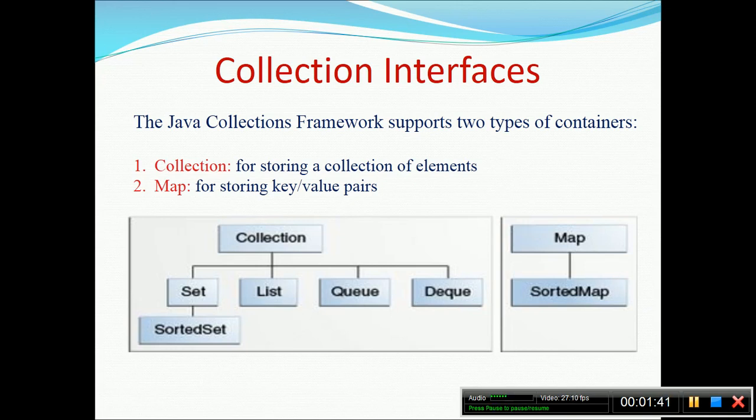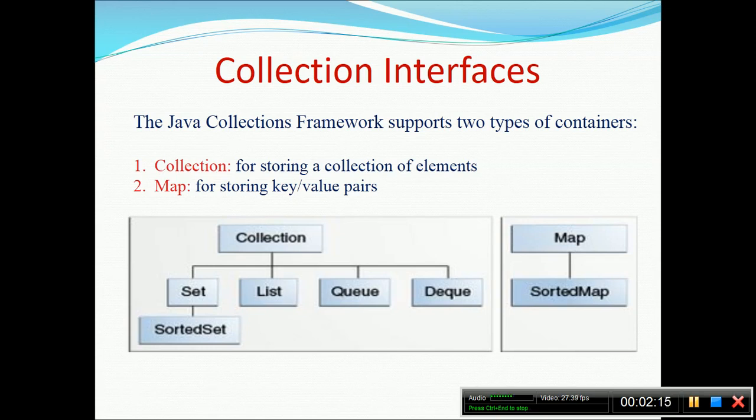So the collections are an already defined framework. Multiple interfaces and classes exist. Suppose we have something called a linked list. Within the list interface, we have something called a linked list. The entire linked list has been developed. You just have to create the object of the linked list and you can utilize it further. Similarly in the DQ and the hash map, everything is defined. You just have to utilize it using the object. It will be clearer when we start seeing it in depth, so we will go according to the flow.